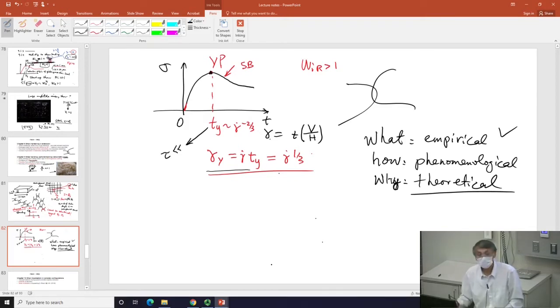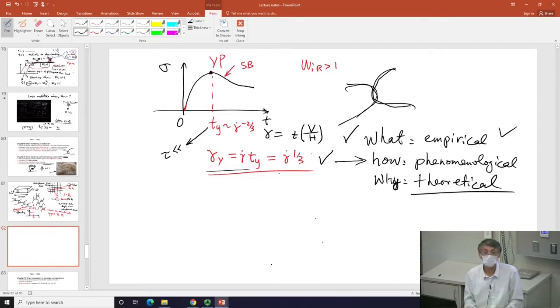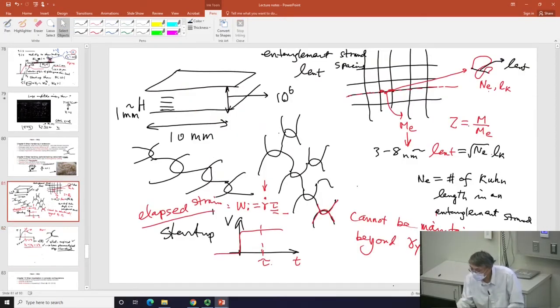So you can see by having the movies, there's no trouble. The movie tells us what, and we have some sense of what it means, which is how it happened. Well, it implies this thing goes away. That's how it happened. I'm not going to answer why it happens yet. No need at this point to explain why it happens for us to understand and appreciate the shear bending. For us to understand when you have a million monolayers,